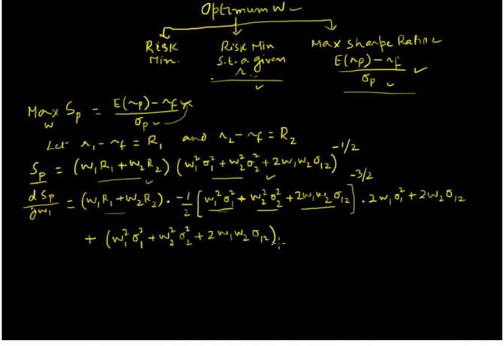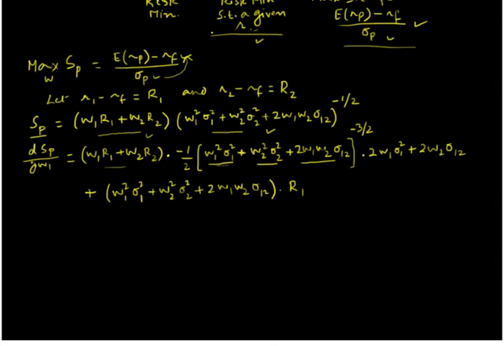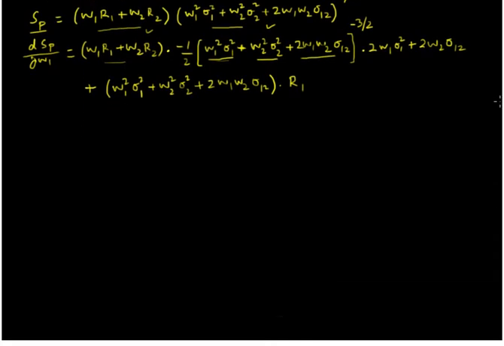So this is the second function as it is, and we have to multiply this by the derivative of the first function. The first function is this, and from this term we are going to get R1. From the second term we are not going to get anything. Now let us do a couple of tricks. We see a minus 3 over 2 power here and we want to get rid of it. So what we are going to do is that we are going to multiply